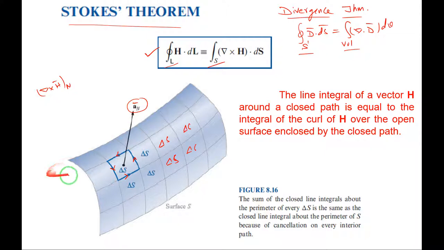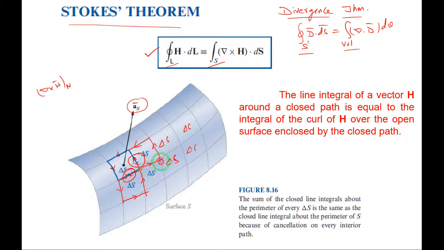So you don't use the right hand thumb rule here. Thumb is not pointing in the direction of current here, it is pointing in the vector, right? Okay, so this is the unit normal vector normal to this surface delta S. I hope you understood this, right? Then I will consider the adjacent surface here. This is another adjacent surface with respect to this. So the curl is in the same direction as this, that is anti-clockwise direction, right? Anti-clockwise. So here it will cancel, right? So these two will cancel out here. If I consider another adjacent cell here, the curl is in the anti-clockwise direction here, right? Yes, these two will cancel.